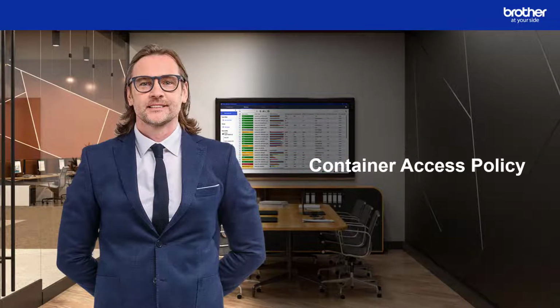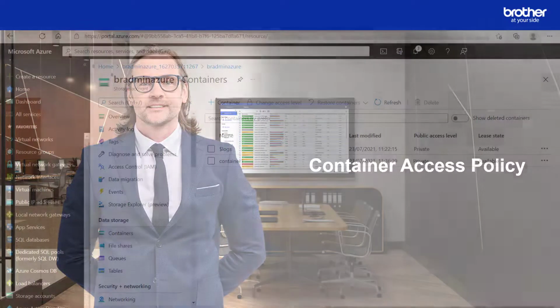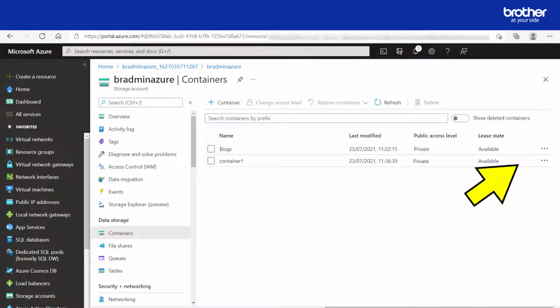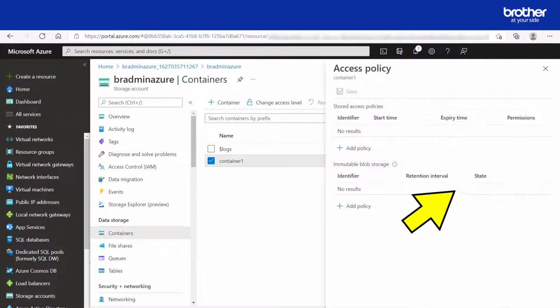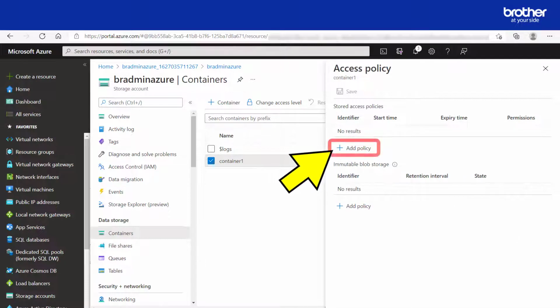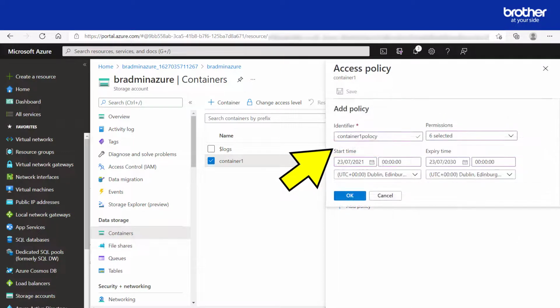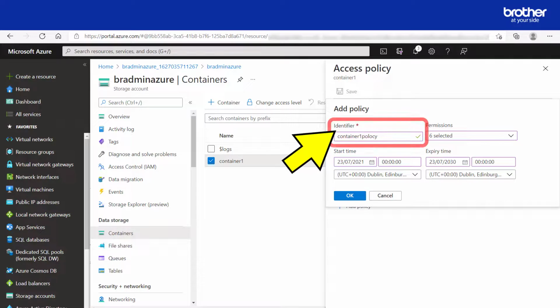What you will be doing now is telling Azure what access permissions to assign to the blob storage. To do this, click the three dots next to it. Then click the Access Policy button. Click the Add Policy option. Give your container's policy a name.